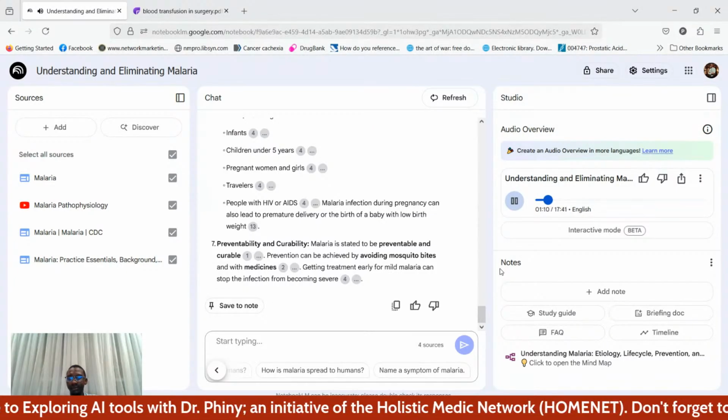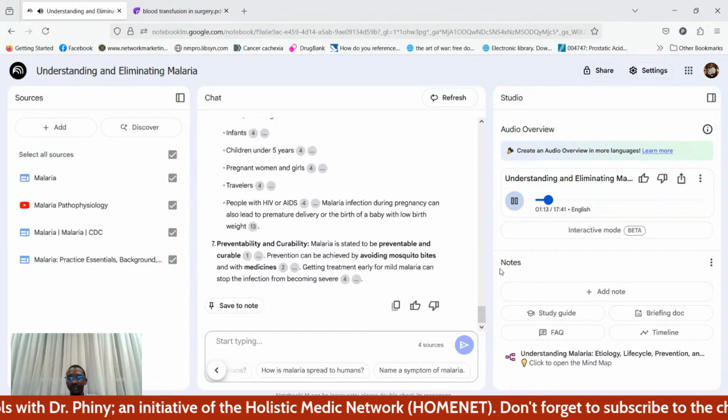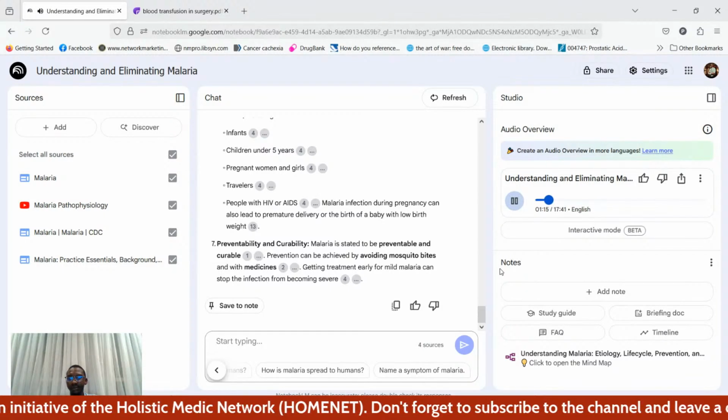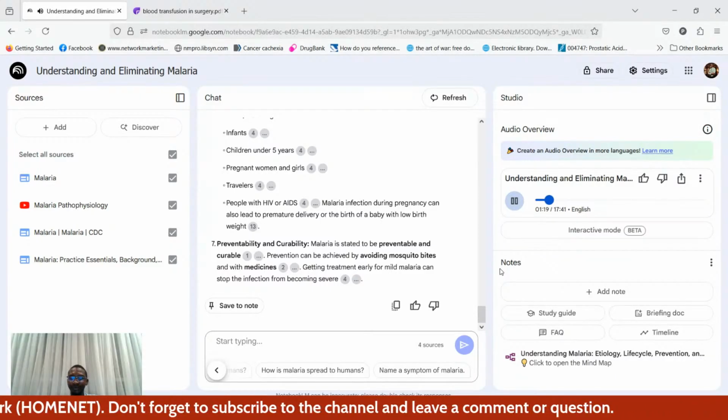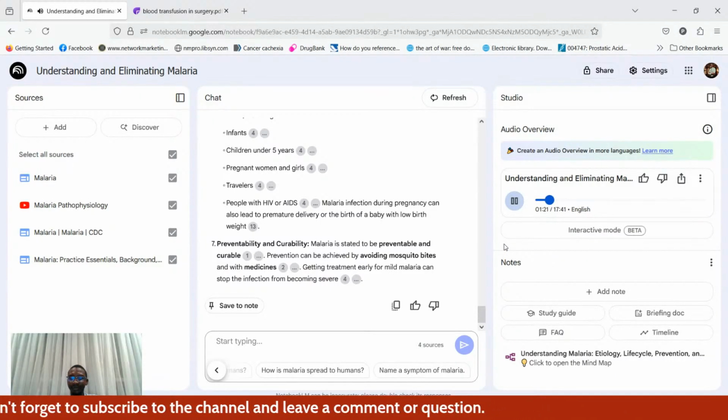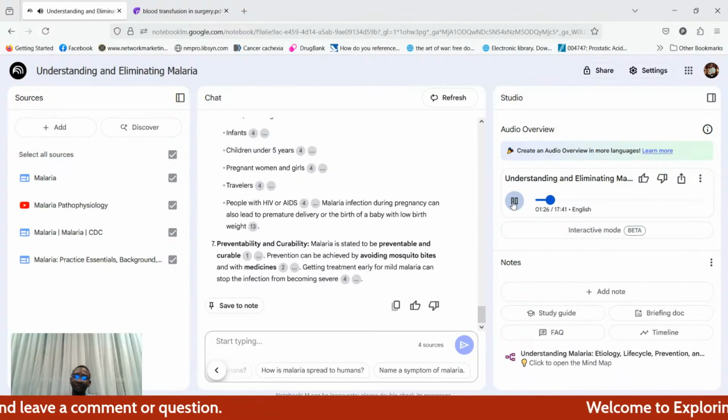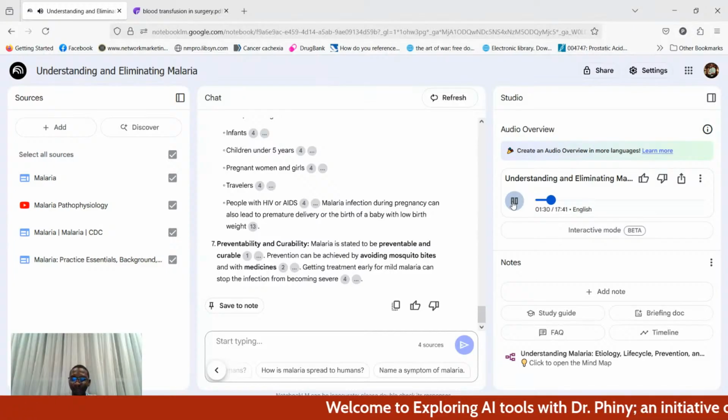What is malaria fundamentally? Well, at its core, malaria is a life-threatening disease. It's caused by these tiny parasites, the Plasmodium genus. Okay. And humans get it through the bites of infected female mosquitoes, specifically the Anopheles type. Right. Mosquito is the vector. Exactly. It's mainly found in tropical countries, but the